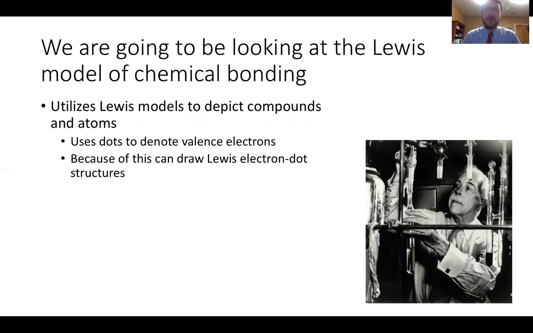One reason we need to learn this is that we need to know the shape of compounds, because it's very important. We need to know how things are bound together so we can know the shape, and we need the shape for a variety of downstream applications. But it's also very predictive. There's power in this model. We can now start to answer why it's H2O and not H3O, and why it's NaCl and not NaCl2. It also points us towards the shape of the compound, but we need to know this before we can move on to chapter 11 to start talking about shapes and how